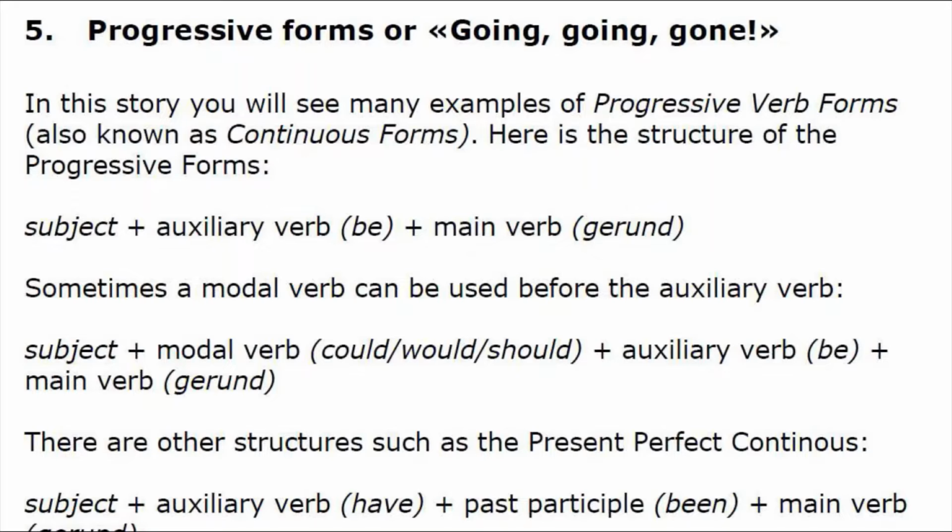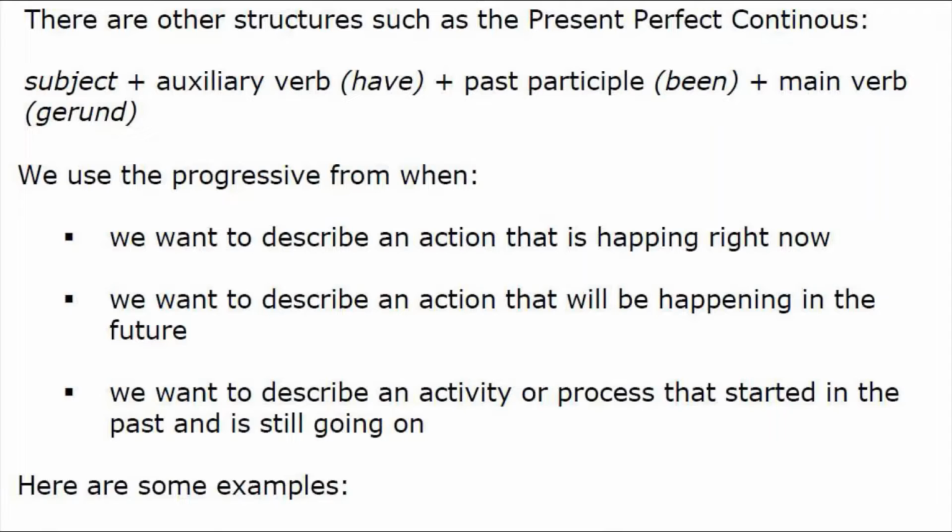Sometimes a modal verb can be used before the auxiliary verb: subject plus modal verb such as could, would, should plus auxiliary verb be plus main verb gerund. There are other structures such as the present perfect continuous: subject plus auxiliary verb have plus past participle been plus main verb gerund. We use the progressive form when we want to describe an action that is happening right now,